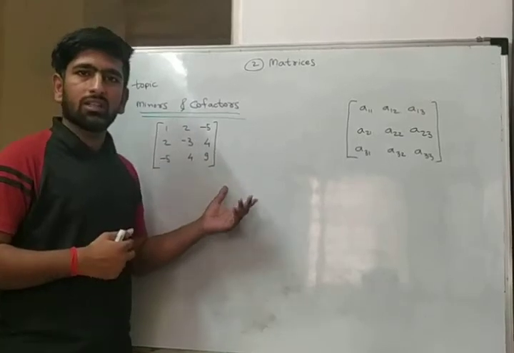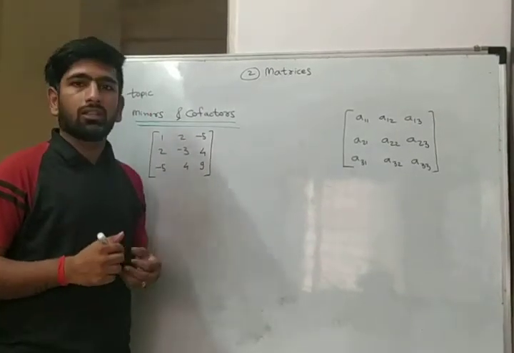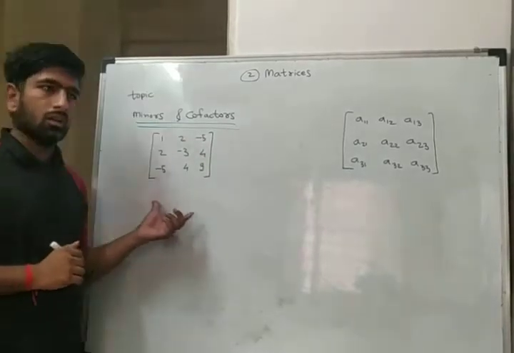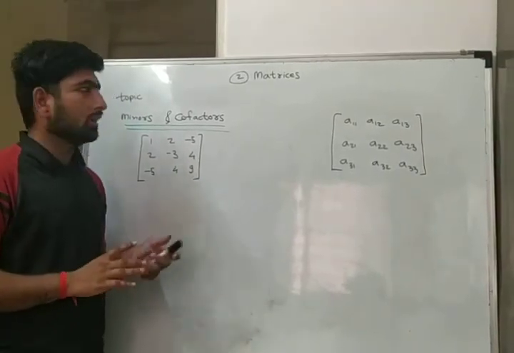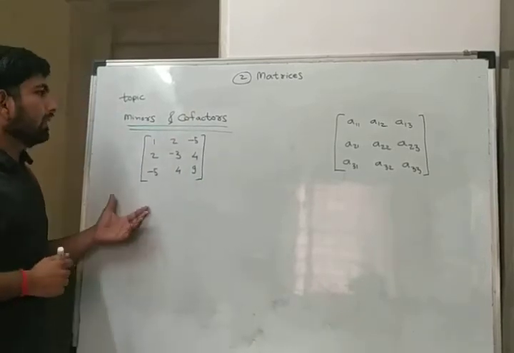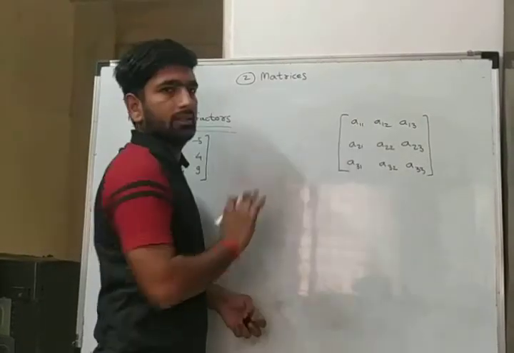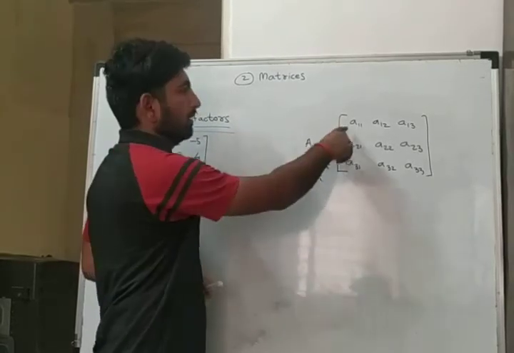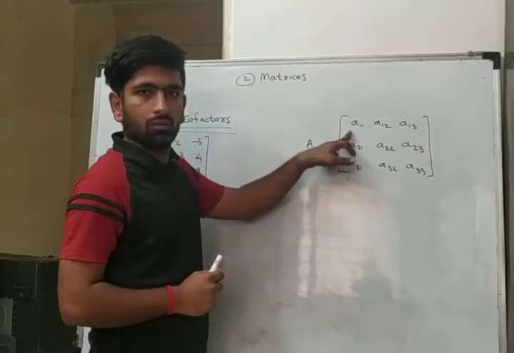We are starting with our second lecture of mathematics. Yesterday we had started the basics of matrices. Now the next topic is also from the basics of matrices, but a separate topic: minors and cofactors. We have to find the minors and cofactors if this is the standard format of a matrix, the grid of matrices. If matrix A is such, the position indicates A11.